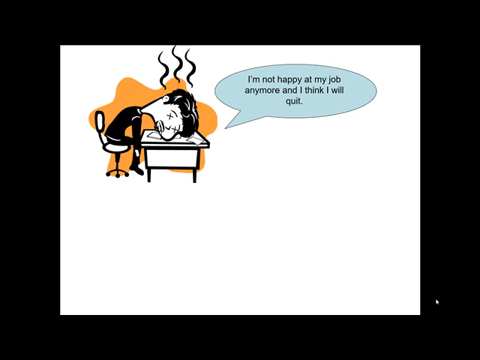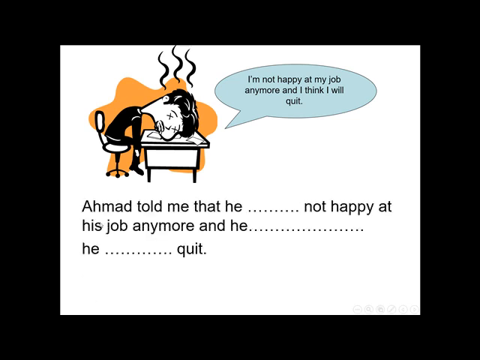Use that, change the pronouns, make the necessary changes. So Ahmed told me that, of course this is Ahmed. I here refers to Ahmed, right? Great. So instead of saying Ahmed, I will refer to him by the pronoun he. The verb to be here is in the present form. That should be changed into the past. So I'd say Ahmed told me that he was